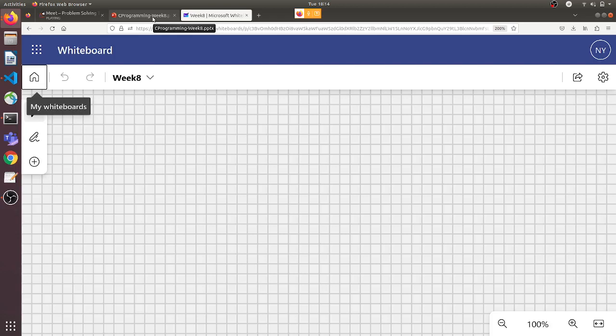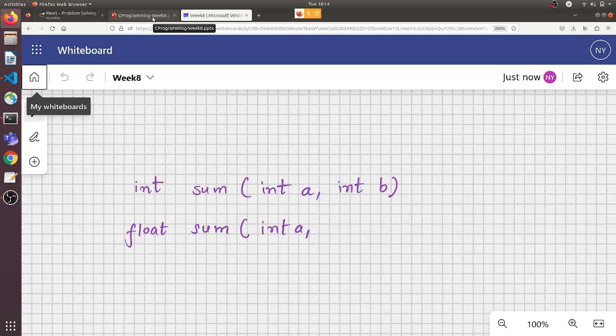Yeah, so here the question is saying that let's say you have this function int sum, which is adding two numbers a and b. Okay, so it is asking you that if you change, say, the return type of this function and write like this,